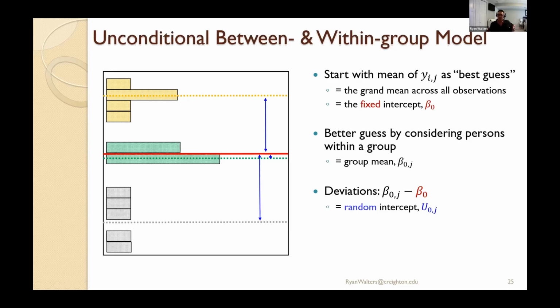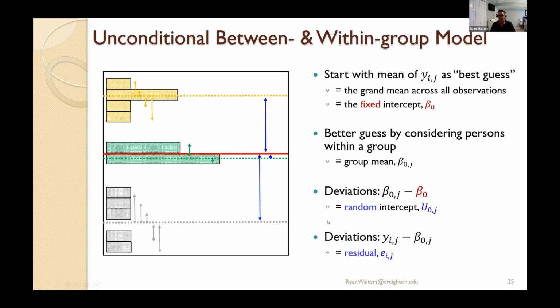Because we have now people within groups and we're telling the model this, we actually have 2 different deviations. Previously, we had seen that the residual value was a difference between predicted and observed for every single observation. Now we're going to have 2 different types of those errors. In this case, we're going to have deviations between each group's mean, represented by the dashed lines, and the grand mean. So how far off is a group's mean from that fixed intercept? This is going to be called our random intercept. These are conceptually identical to the residual values we had seen earlier. They're just deviations. We're going to collect those deviations and we're going to make assumptions about those deviations.